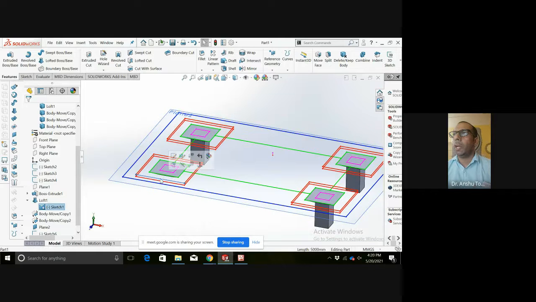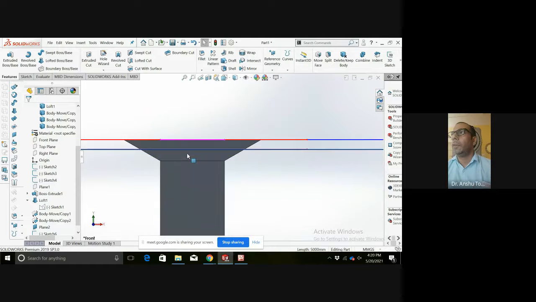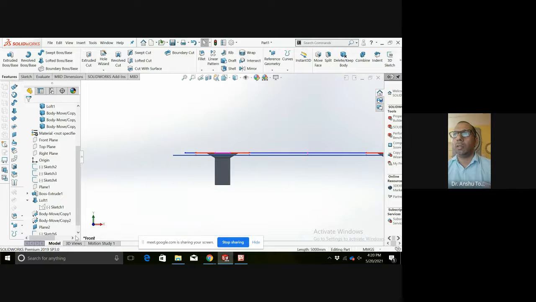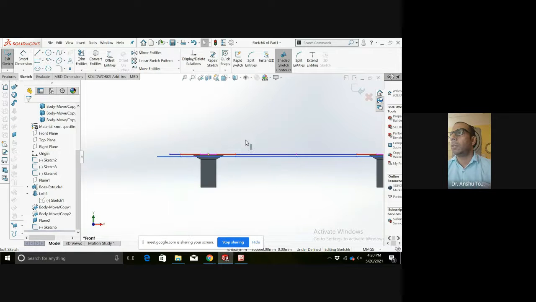Okay, now we can hide it. This one, let us hide front view. We want our haunch still here. Add it.